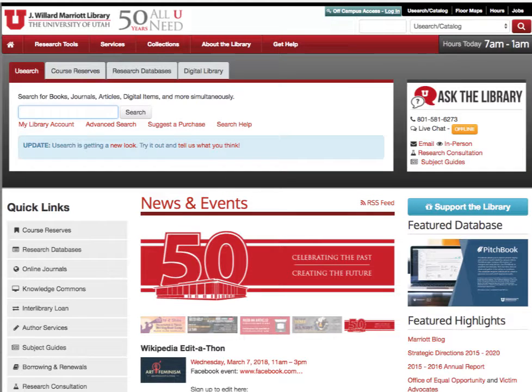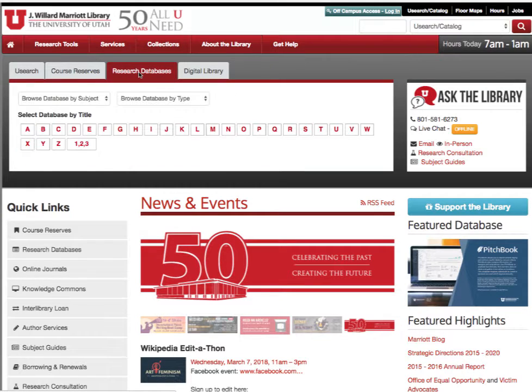So let's go into some top journalism resources at the Marriott Library. Again, remember, if you're off campus, to log in here first because these resources are not available off campus unless you prove you belong to us. The first thing that I want to show you, under research databases, obviously you could go into the library catalog. I always encourage people to go into that. Under research databases,